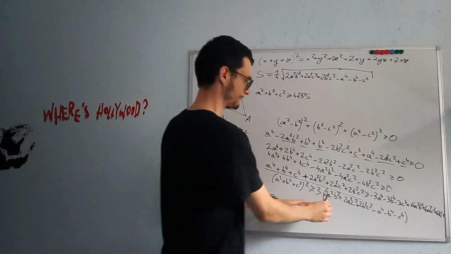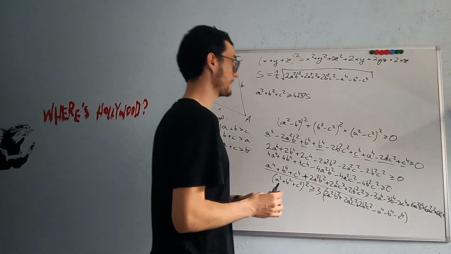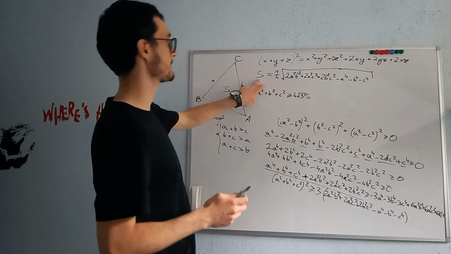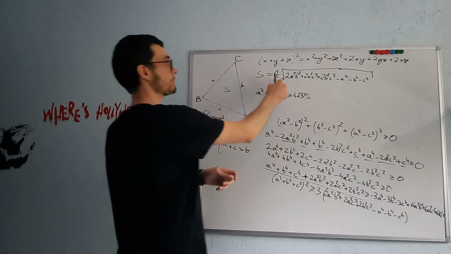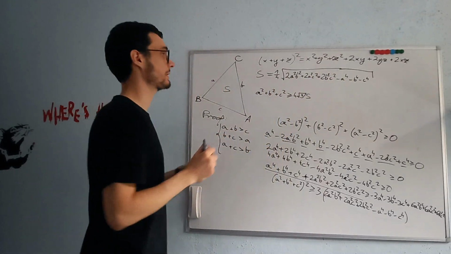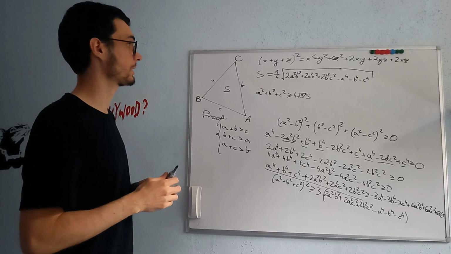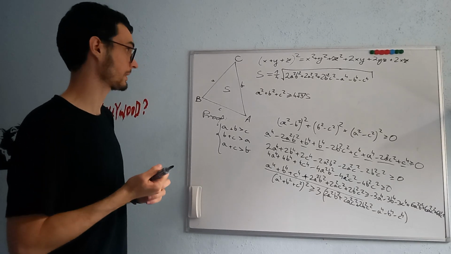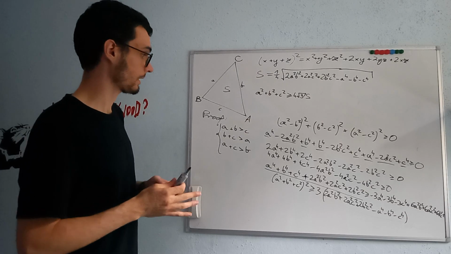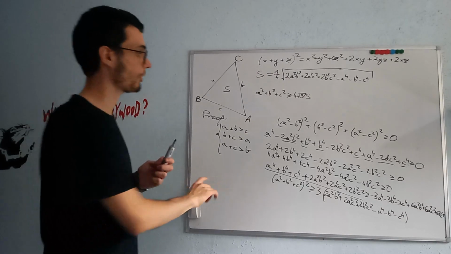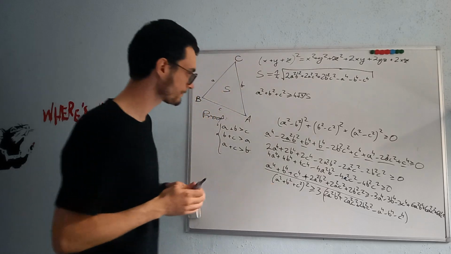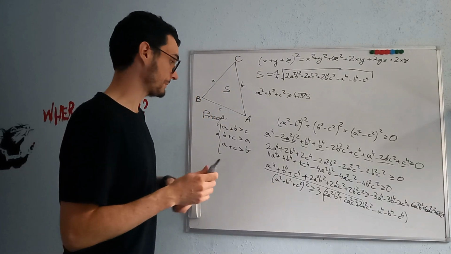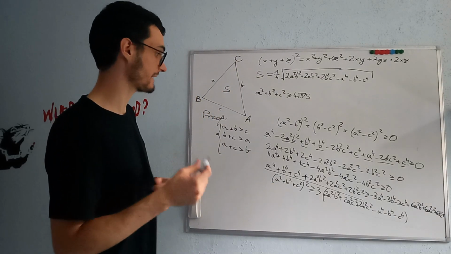Okay, we know that this sum is a non-negative number because the area is a non-negative number and the square root must then also be a non-negative number. So we can take the square root of both sides of this inequality and it will leave us with